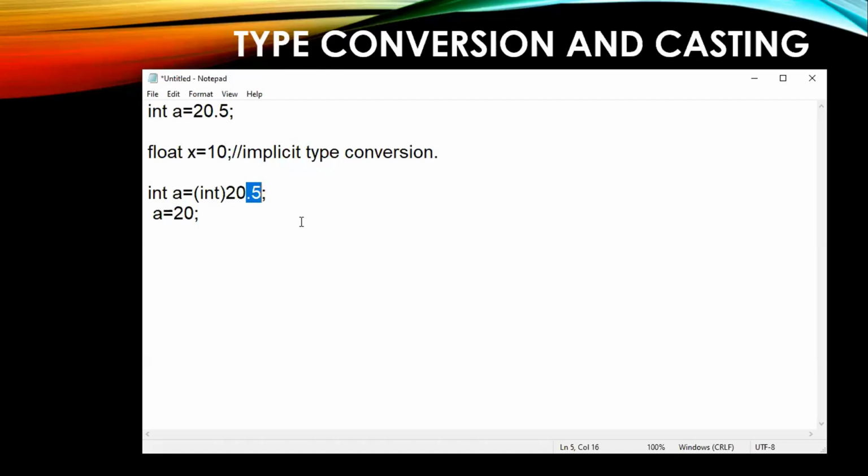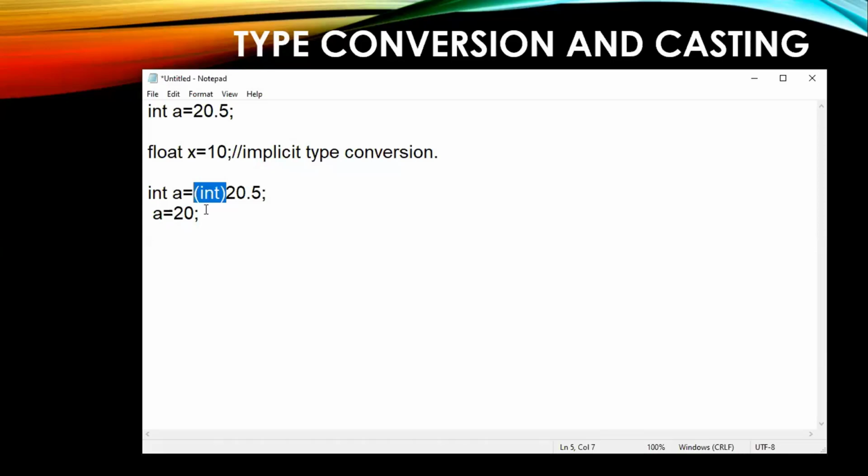Are we explicitly specifying that this particular fraction needs to be converted to an integer? Previously we didn't write any float here. Now we are writing something called an integer, saying that whatever value you have, convert that to an integer.